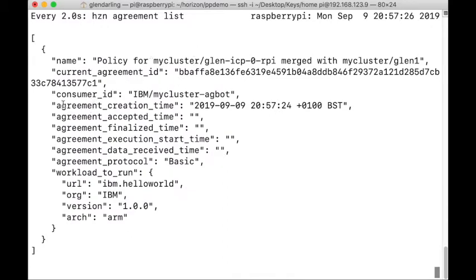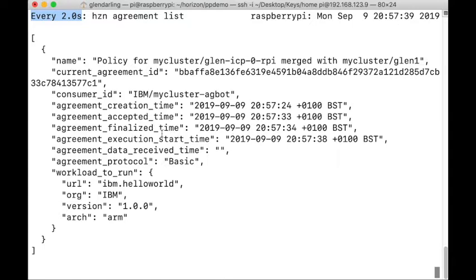So there we are. It has reached out. There's an agreement proposal, and it may actually be occurring faster than this because this command is set to only check every 2 seconds. But now we're at the execution start time again,